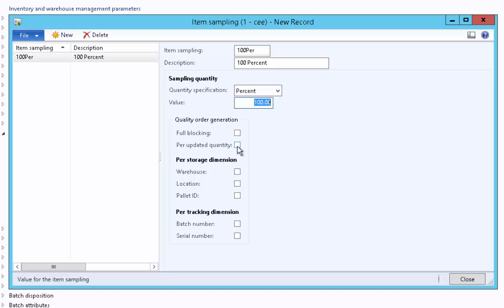Now in case I am bringing in 50% of inventory for quality check, if I set full blocking, that means even the inventory which has not been brought in for quality checking will be blocked. Or we can also set the blocking for per updated quantity. So in our case it's 100% being checked, so the full inventory will be blocked during the quality